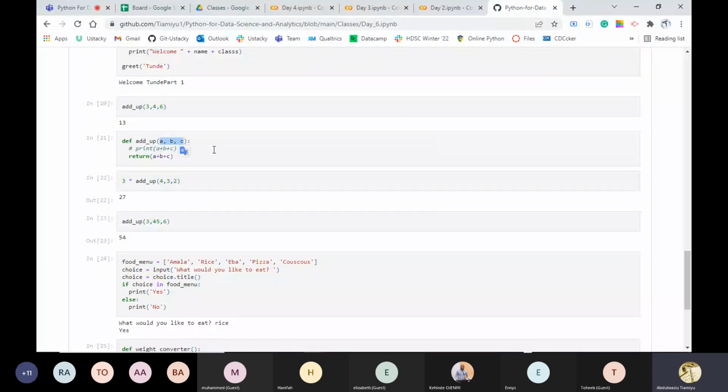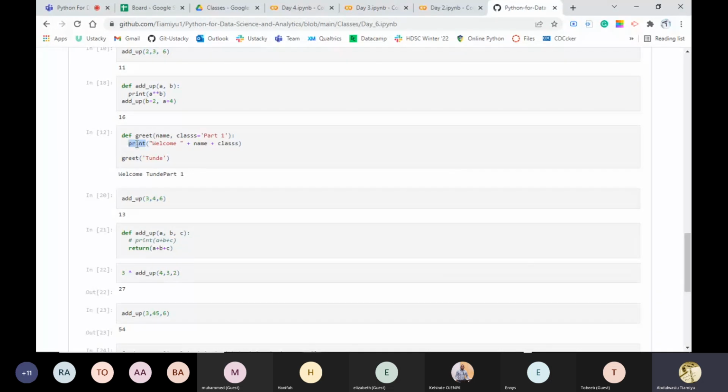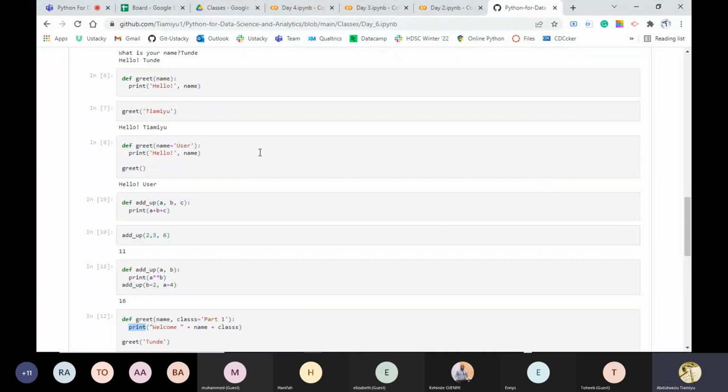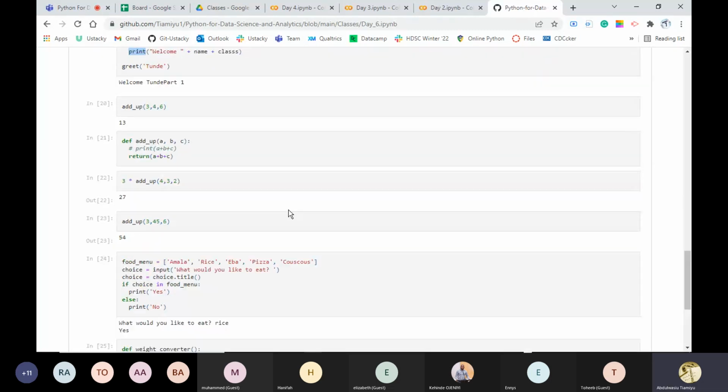For example, this print statement is a function. By default, it gives you anything you put inside of it. Then we have many other default functions, like built-in functions, like the sum function. The sum function is going to take in a list of integers, a list of values, and give you the sum of everything together. So when you declare a function and you include a parameter, when you are calling the function,